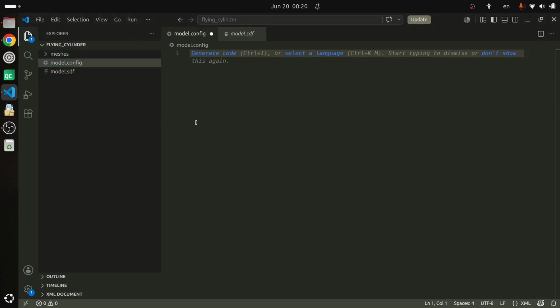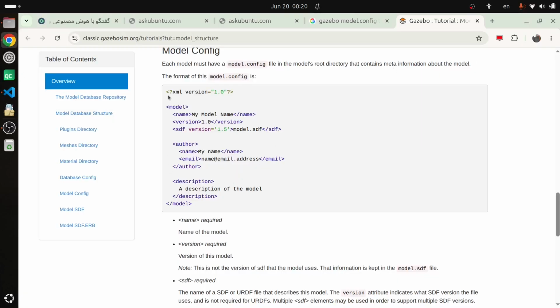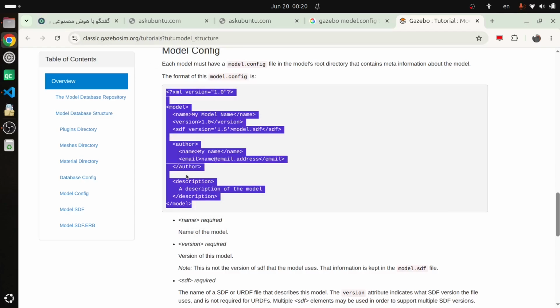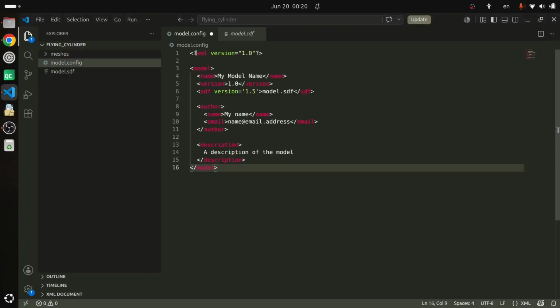Okay, let's write our model.config file. This is the file where we put our settings of the model. You can find an example of this file in Gazebo's tutorial page. We'll use the same. We're using XML version 1, and our model name is the name we use in our world files. In world files, when we want to include a model, we will include it with this name here. I'm gonna name it flying